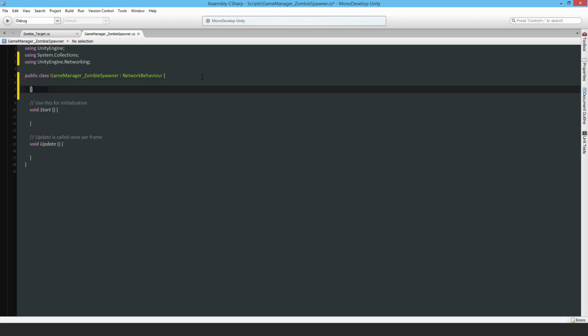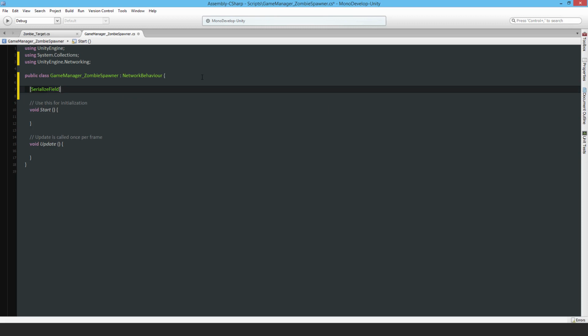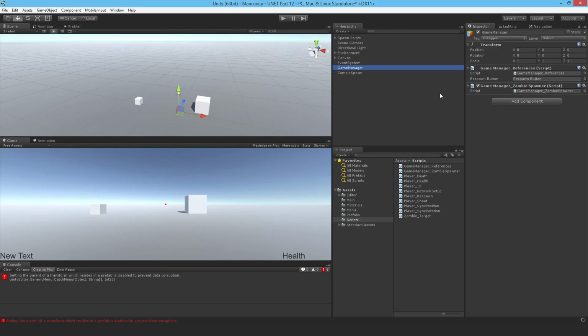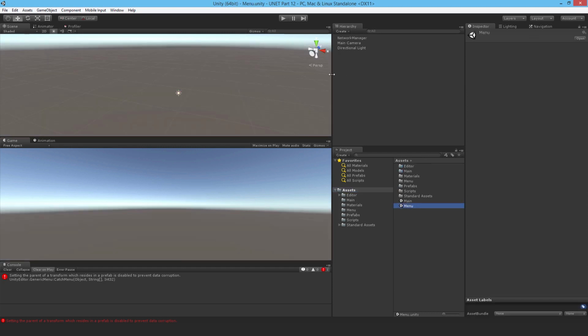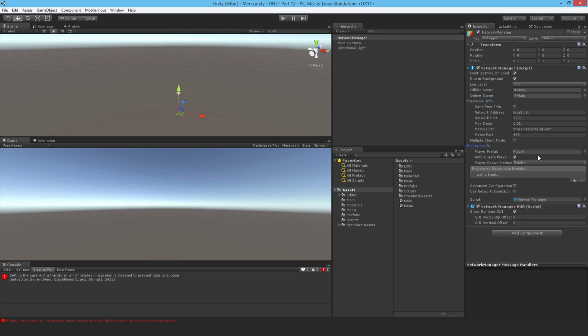Right, so first of all, I'm going to SerializeField, and I'm going to say GameObject, so my zombie prefab is going to go in here, zombiePrefab, okay, and before I forget something, I will go back and slot in the zombie in here, so just click away, click back, and that fixes that. Drop in the zombie, but I need to register the zombie with the network manager. So I'll just save my scene, go to the menu, otherwise I'm going to forget to do this, and then come to network info, spawn info, and